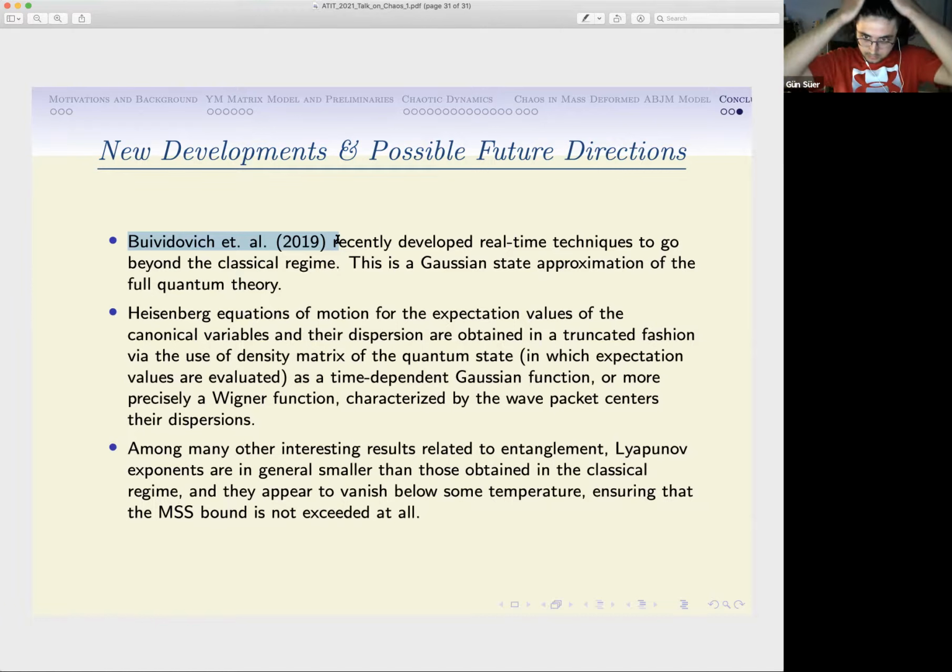No, see, Gün, you know Badis Ydri's book. Yes, yes. So the entire phase transition in the BFSS model, the whole thing is being discussed in the Euclidean time formalism, of course, in those lecture notes and the books. So that's a good review, but of course, in that regard, they don't discuss chaos at all.